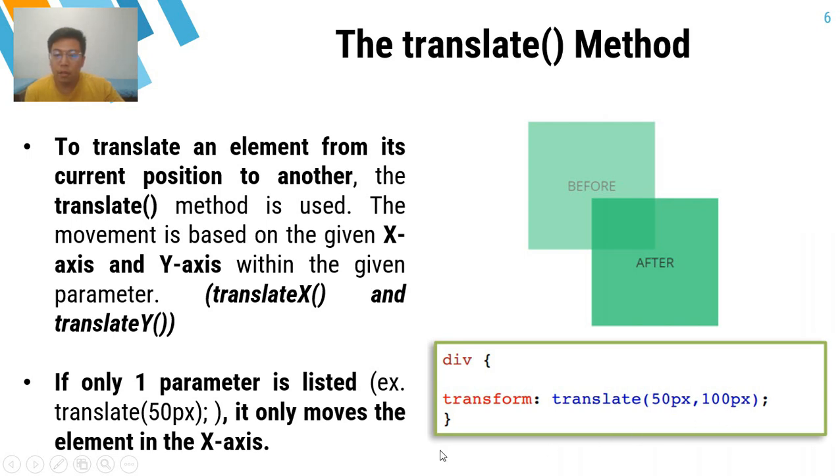But if we only have one value, say for example 100 pixels is not here, it only moves on the x-axis. So I want you to encode this on your brackets and see the output.